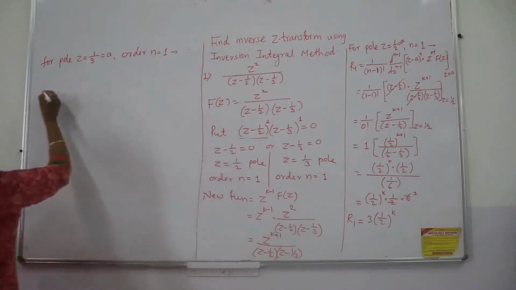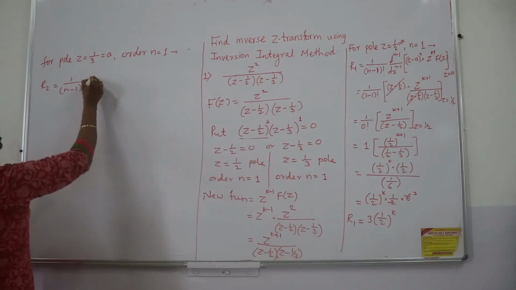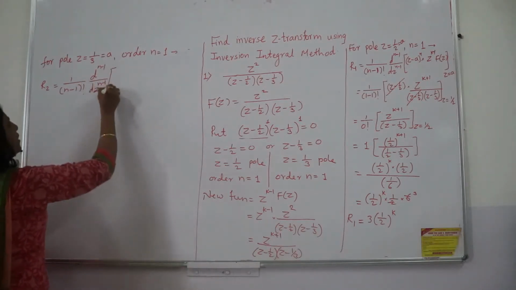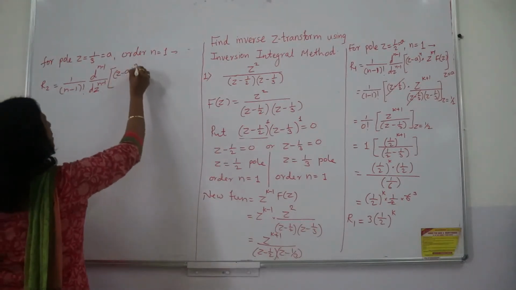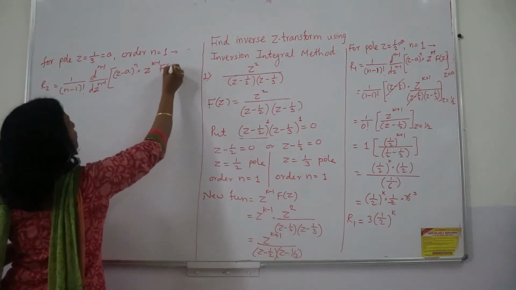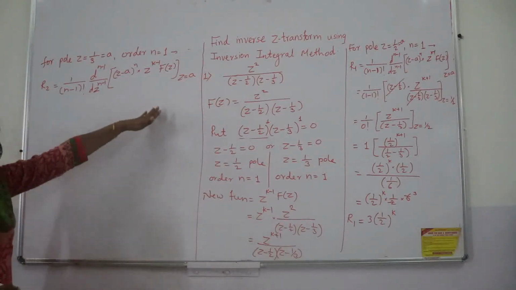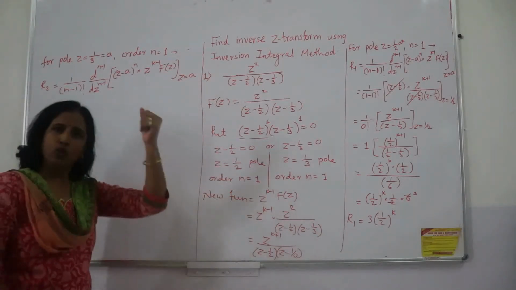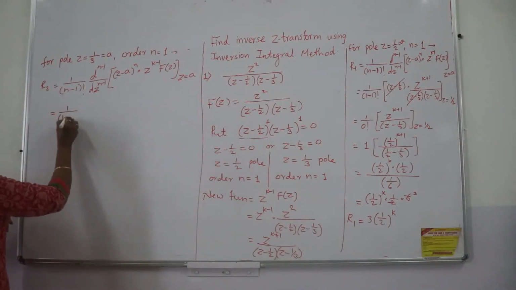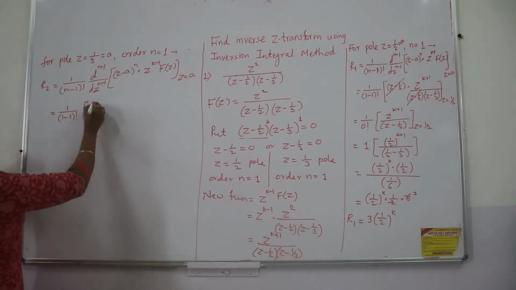So here if you apply, R2 is the second residue, the formula is the same: 1 upon (n minus 1) factorial, d raised to n minus 1 by d z raised to n minus 1, and then here it is z minus a raised to n multiplied by z raised to k minus 1 f of z. Some of the students even calculate it directly without taking the derivative, they don't write the formula. But purposefully I have written it so that you keep on repeating the formula, and with only one formula your work will be over. So see, 1 minus 1 factorial, 1 minus 1 means 0th order derivative, means no derivative,